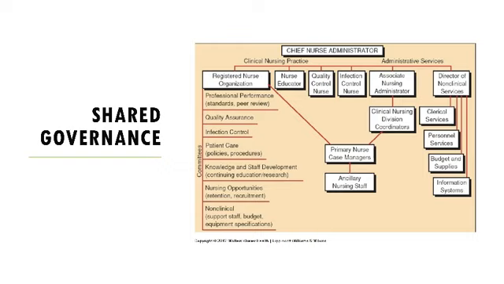So when we think about it, shared governance looks like a 50-50 shared experience, whereas participatory management can be 90-10, it can be 75-25, it could be 95-5, but people still feel like they're involved in decision making. It's not as structured. So when you hear participatory management, that's not the same as shared governance.